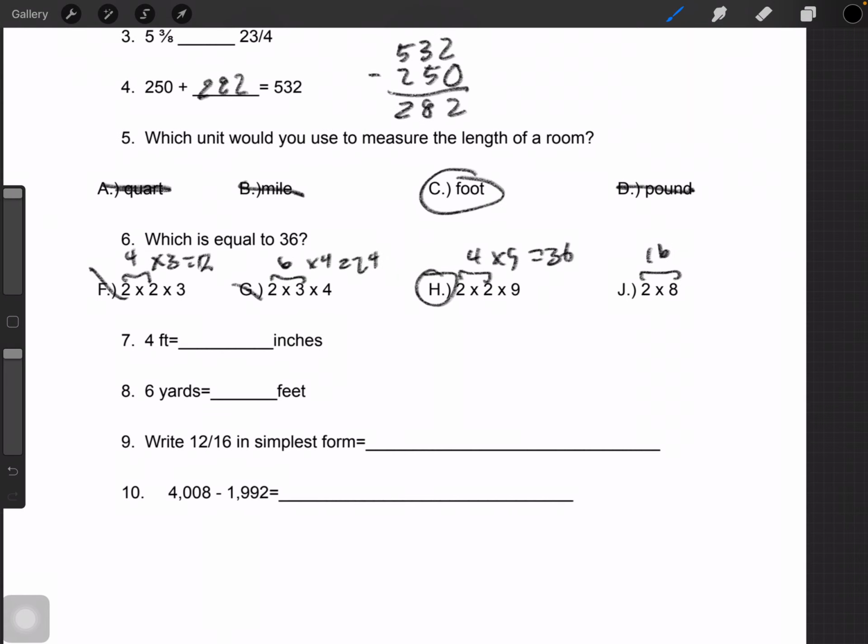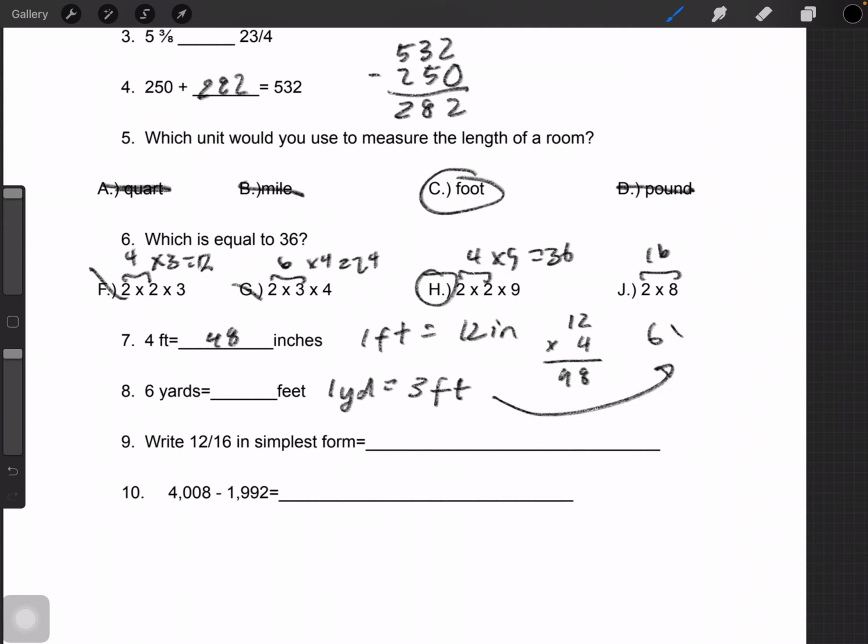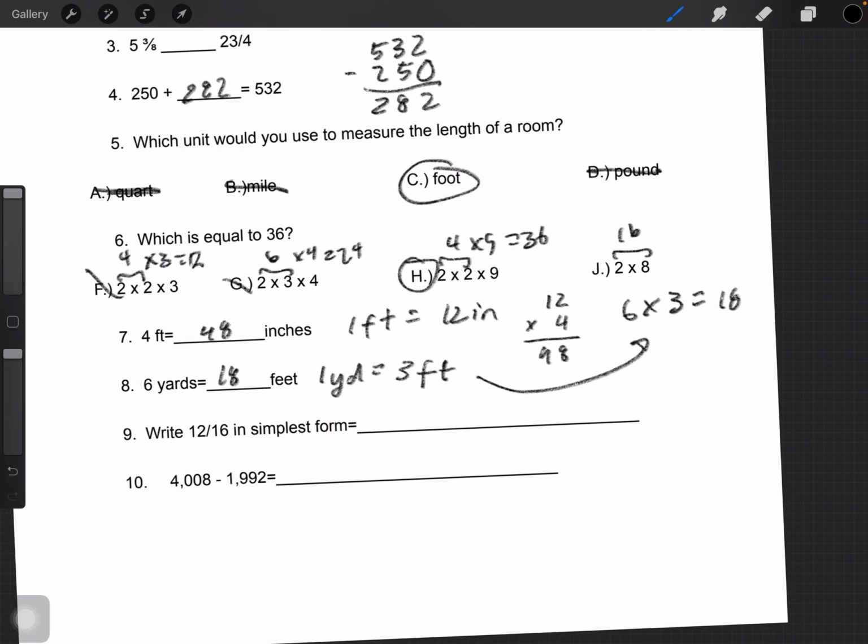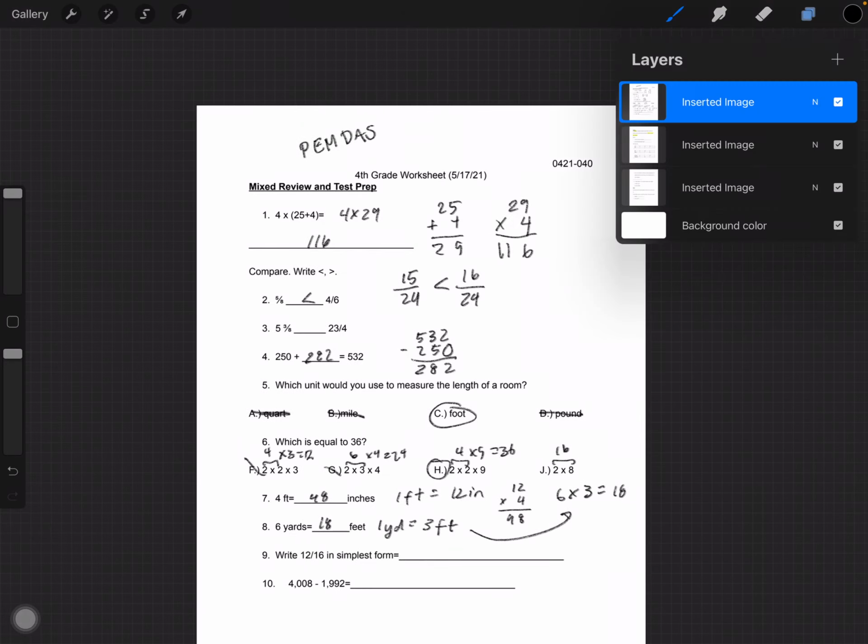4 feet is equal to how many inches? Well, 1 foot is equal to 12 inches. So 4 feet is equal to 48 inches. 6 yards is equal to how many feet? Well, 1 yard is equal to 3 feet. So 6 yards is 18 feet. Number 9 and 10 are things that you should be able to do on your own, so I'll